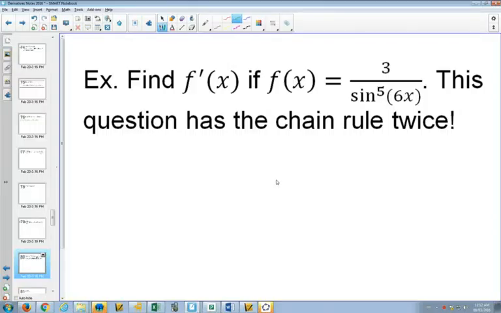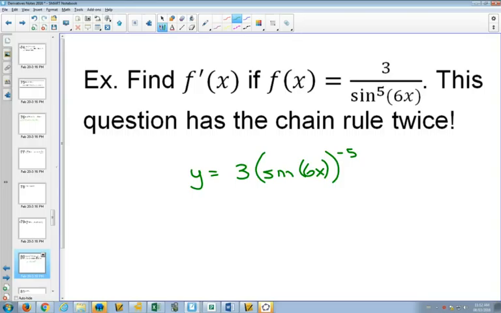So this is our first example of something having chain rule twice. So you have a function inside of a function inside of another function. So we're going to start just by rewriting this. I'm going to write the sine 6x on the top with an extra set of brackets. And I'm going to put that power of 5 outside like that, because that sine to the power